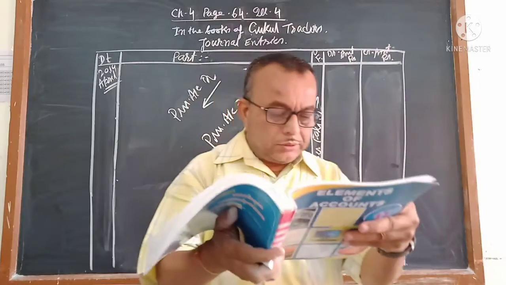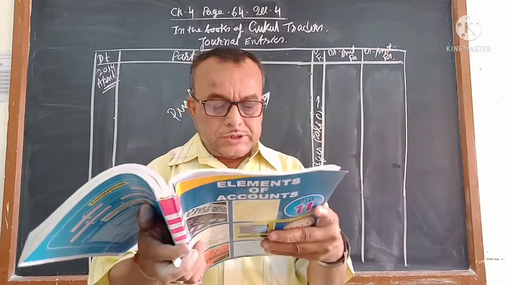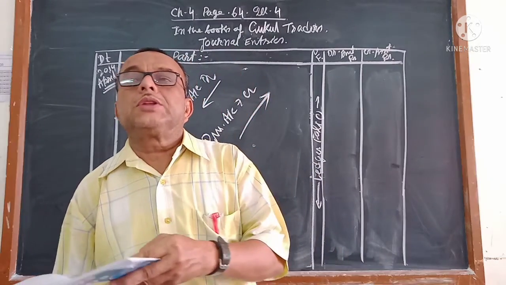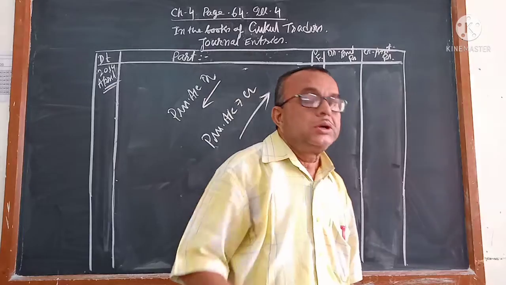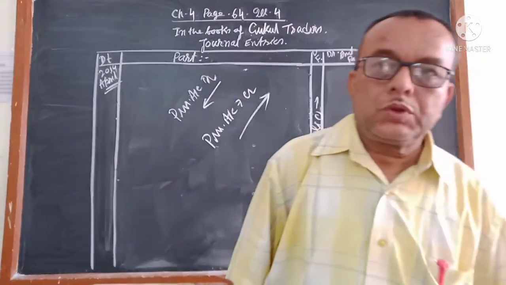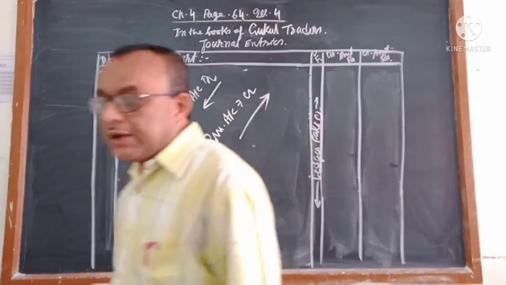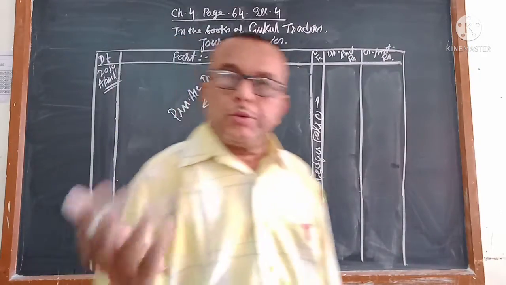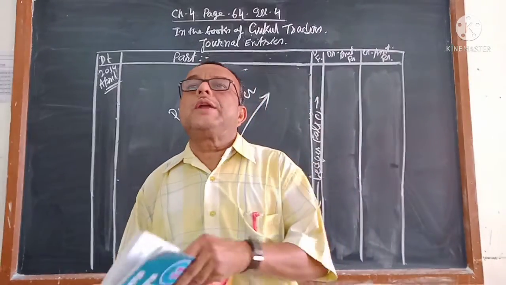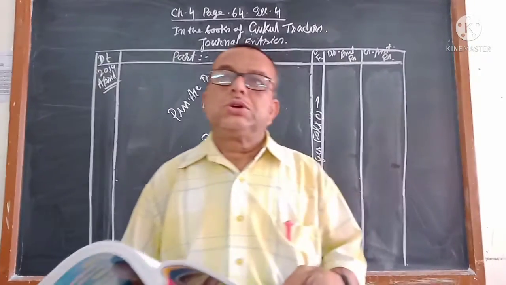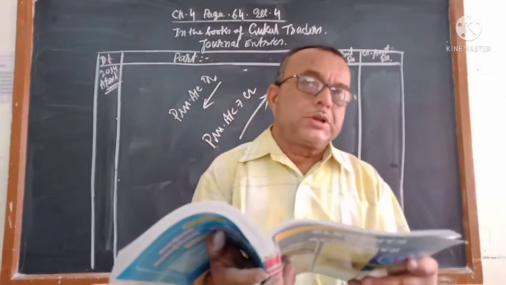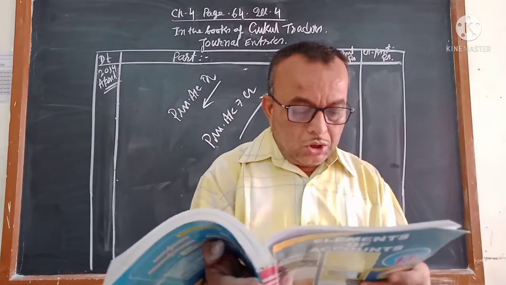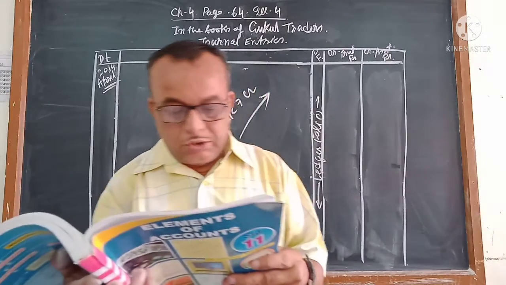Suppose the 9th one, 600 goods Prime Minister Relief Fund में दिया. तो प्राइम मिनिस्टर रिलीफ फंड में दिया तो डोनेशन अकाउंट डेबिट टू कैश होता था, if you are giving cash. So donation account debit to cash. But as you are giving goods instead of cash, so donation account debit to goods. But goods will not be written, will write purchase. If goods is going out, so purchase account will be credited for any purpose. Either it may be a personal use or maybe for any other use. So your journal is coming, the 9th one, donation account debit to purchase.